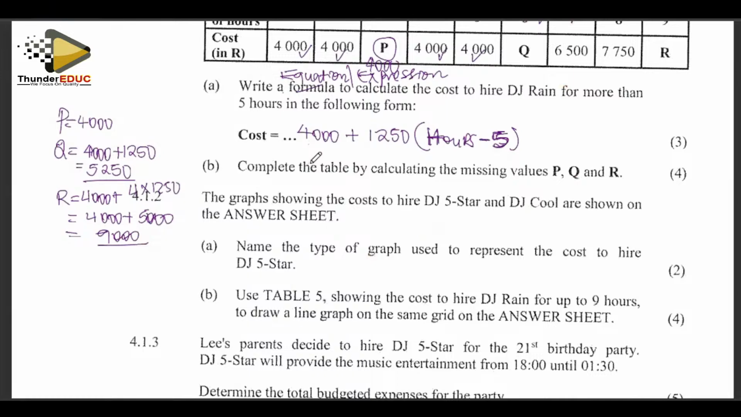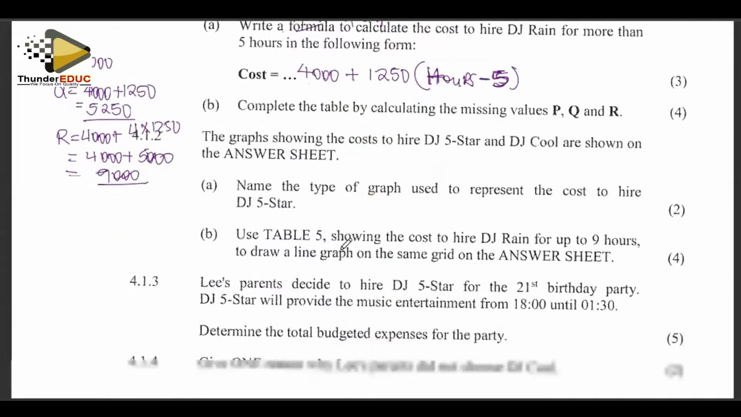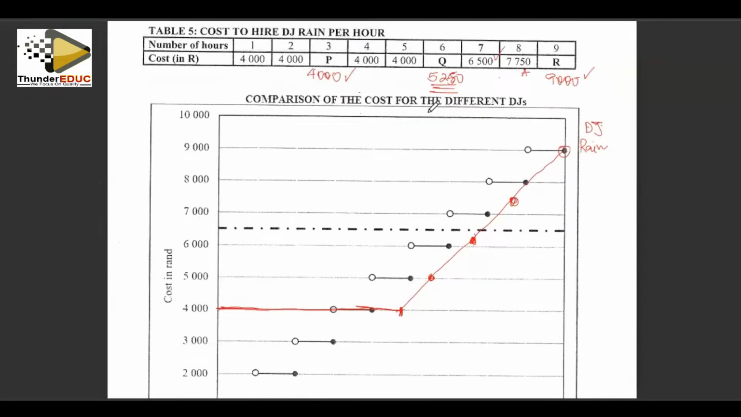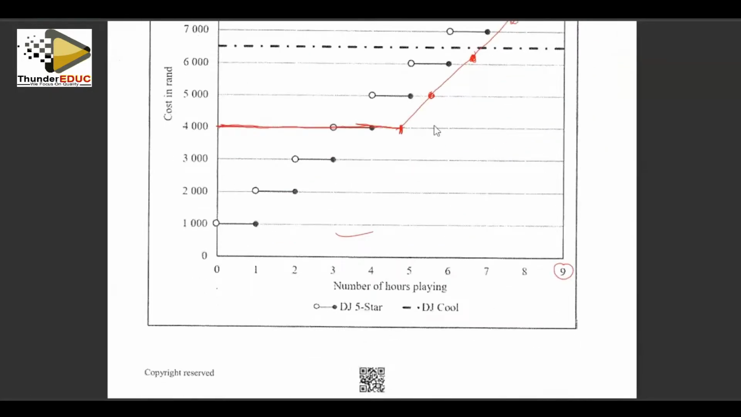It says, name the type of graph used to represent the cost of hire for DJ 5 Star. DJ 5 Star, which one is it? We need to have a key. DJ 5 Star, it's this one that has zeros and it ends with a dark dot. This kind of graph is called the